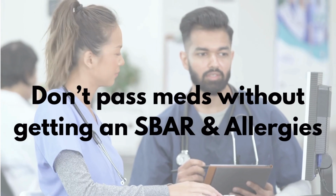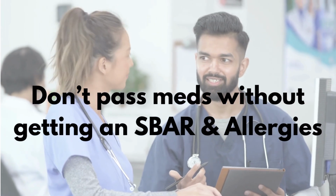I don't know if they're getting ready to have surgery the next day. Perhaps they have a blood thinner on their chart that they are to receive, and in this case, I would need to get an order from the physician to hold it due to surgery. It's possible that their medications have interactions, or it's even possible that the patient has an allergy that I am unaware of. If I don't have access to the patient's chart and I have not received a report so that I am accepting care and then have access to the chart, I typically refuse to pass medication,